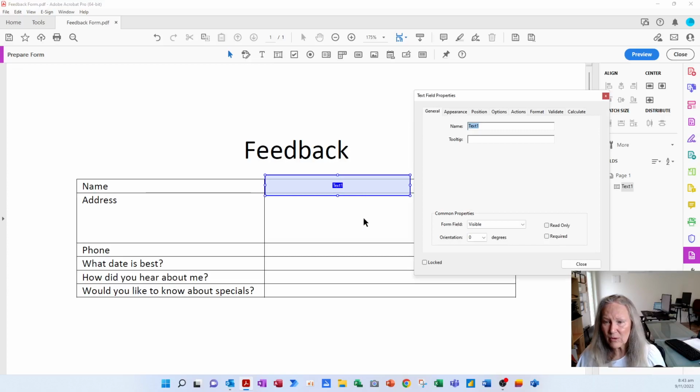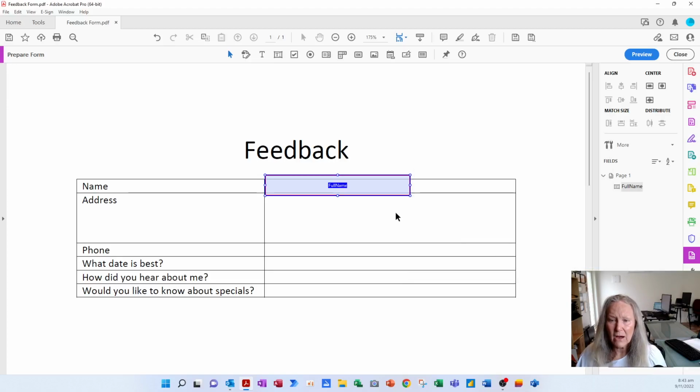If I go into All Properties, I can ask for their name, and I'm going to call it full name. And I'm going to say to them, please enter your full name including your first, middle, and last names. I'm going to make it required that they fill this field in, and I'll choose close. I can then readjust the height of that field just by dragging down a little bit